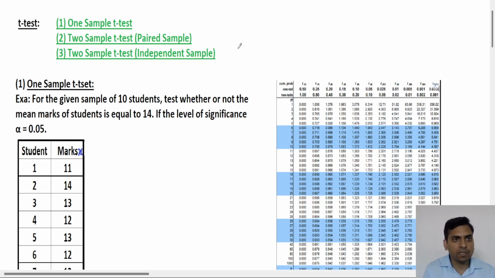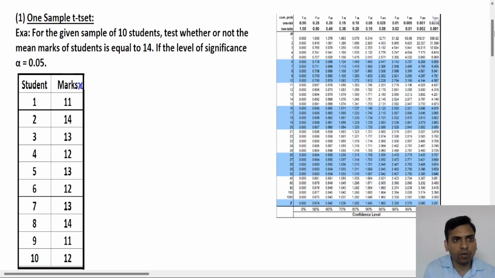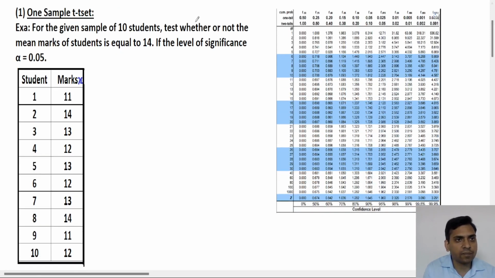So in this lecture, we will see the t-test, and the t-test comes in three forms. First is the one sample t-test, second is the two sample t-test for paired samples, and third is the two sample t-test for independent samples. So first we will see the one sample t-test, and we have one example of it